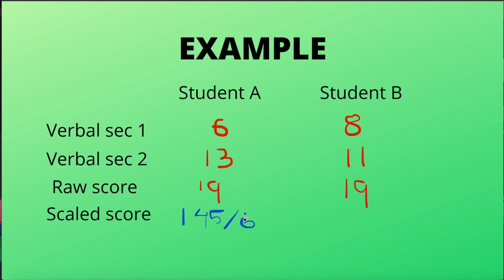However, the scale score of student B would be 151. So if you see, student A suffered a penalty of about 3 or 4 points and student B got a bonus of 2 points. So there is about 6 or 5 point difference between the score of two students even though their raw score is same. That is why I'm again and again stressing on the fact that you cannot afford to score less than 7 on your first section of verbal reasoning.